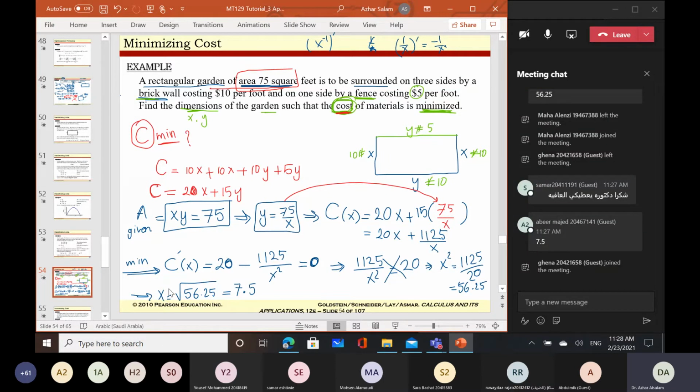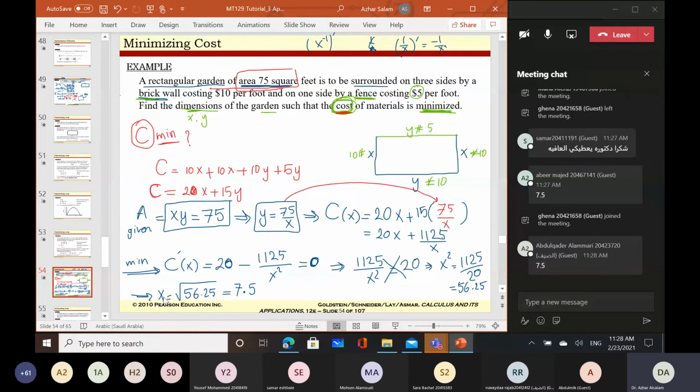This will be the first dimension, which was x. I will use this x to find y. I will use this equation to find y. I have that y equals 75 divided by x, which is 75 divided by